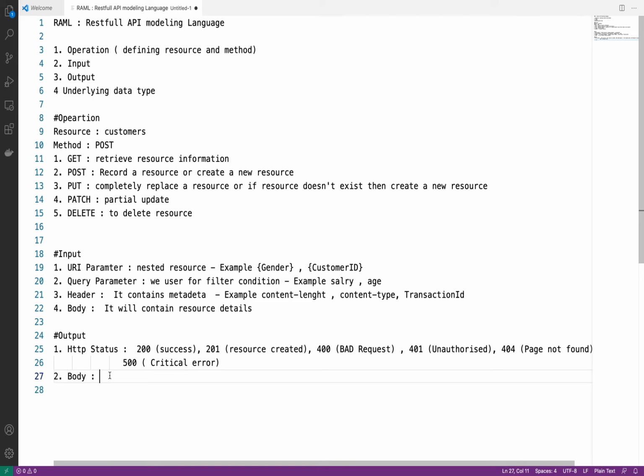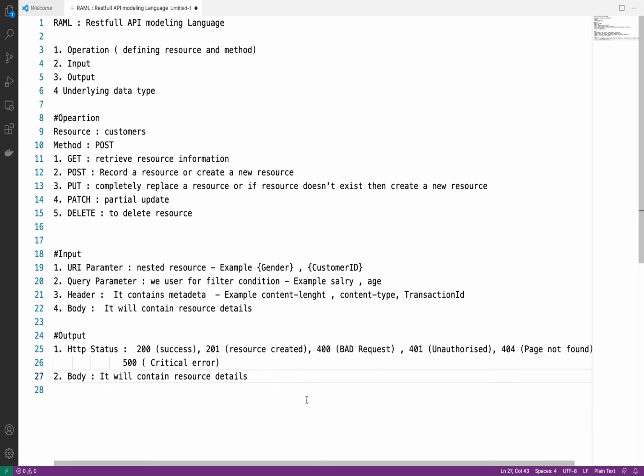In the same way the response will also contain resource detail. For example, I want to fetch customer detail. In that case, what method will I use? I will use the GET method, and that REST API will send customer information. Where will they send customer information? They will pass it inside the body. So again, this body will contain resource detail.